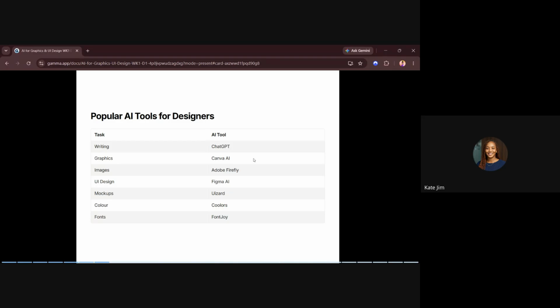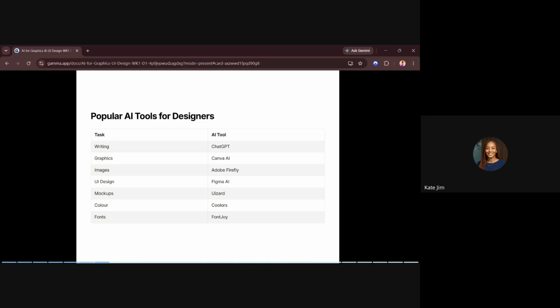So you use Canva AI for graphics, you use ChatGPT for writing, though now there's an argument that Claude is better at writing. So add Claude to your list. And I actually think Claude is good. It's just because of the limits. If you don't prompt properly, you're going to end up using all of your free usages. So ChatGPT is there, but Claude is also there, add that to your list, Claude AI.